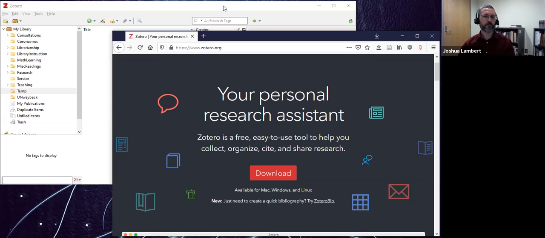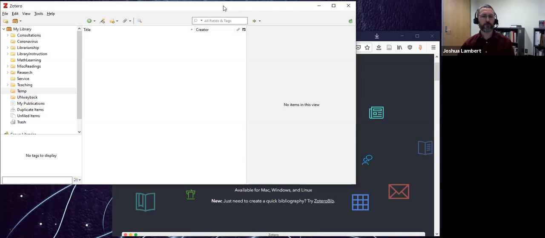Now let's actually look at Zotero and see what it looks like and how it works. On the screen, you see Zotero, and there are 3 panes in Zotero. You have this one on the left called the Collections pane. It looks like a folder hierarchy from your file system, but it's really more like a playlist, because the same